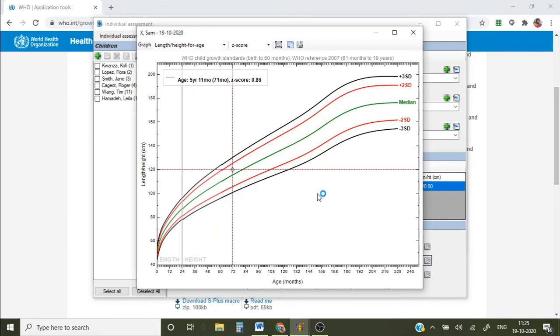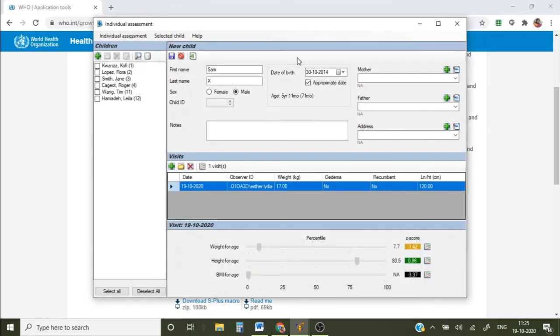As you see, it shows the graph and where exactly the child of concern is placed. So this is how you use your individual assessment. It's very easy for us to interpret the anthropometric characteristics of the person.